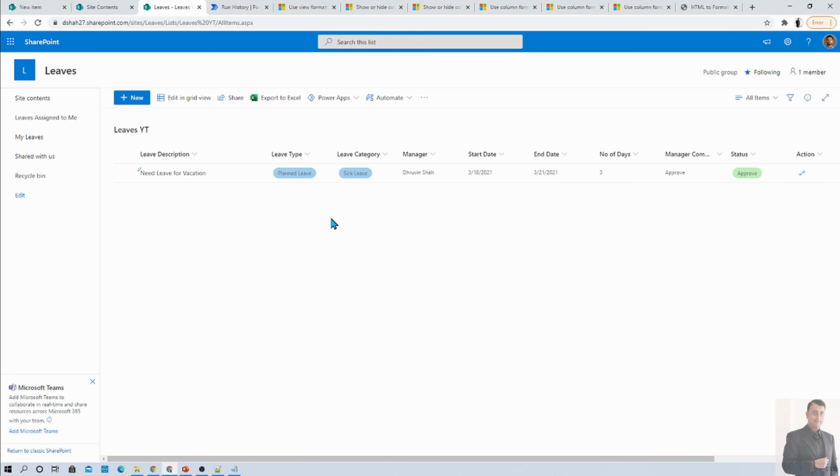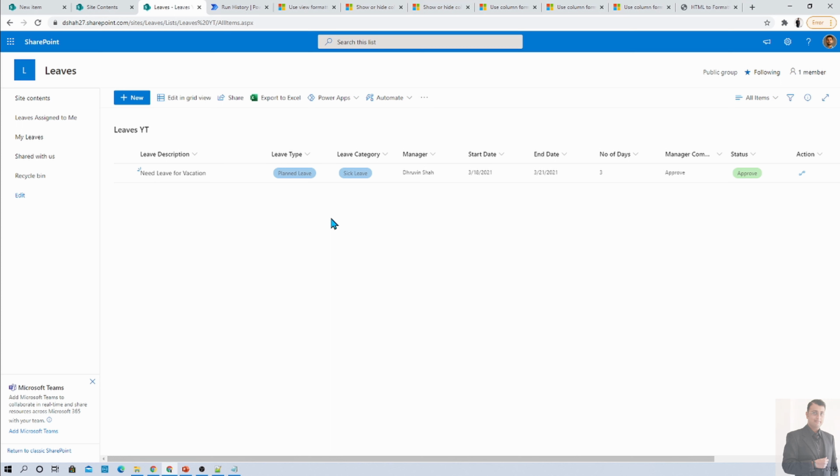But let's say in your business scenario you have complex situations where you want to trigger a Power Automate flow in order to pre-populate other fields, or you have a requirement for a cascading drop down, or you want functionality where when you select one choice field, another drop down value changes automatically. Or let's say, based on the role or SharePoint group, you want to show and hide specific fields based on permission. At that time this approach will not be useful to you. At that time you need to go with the customized Power Apps approach.